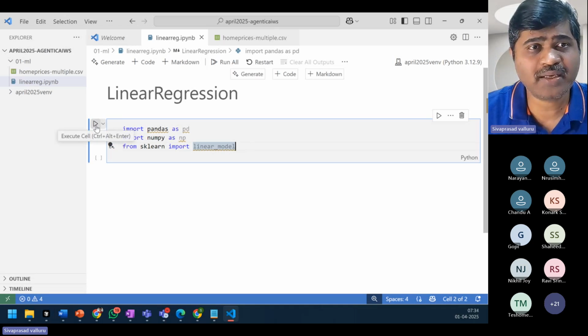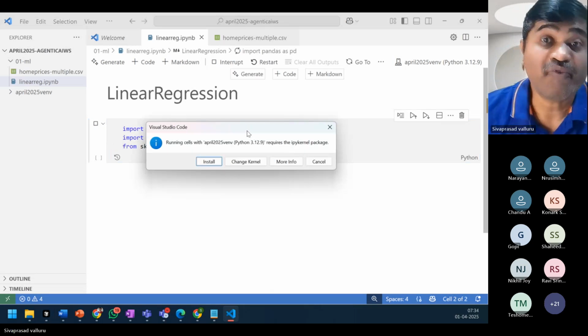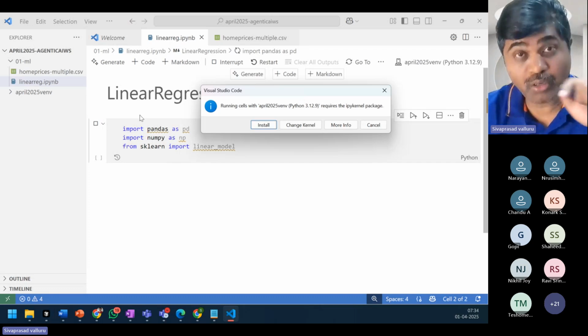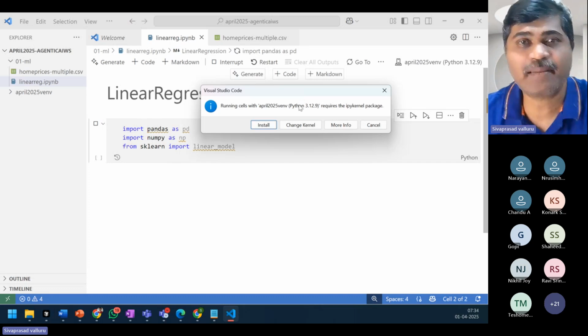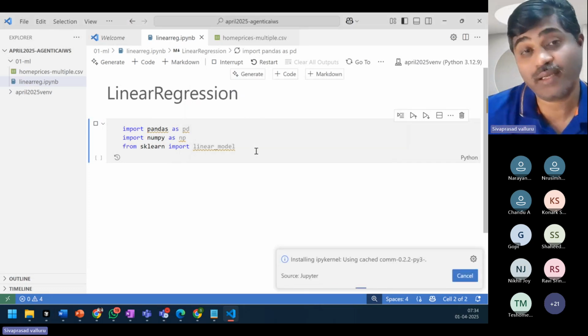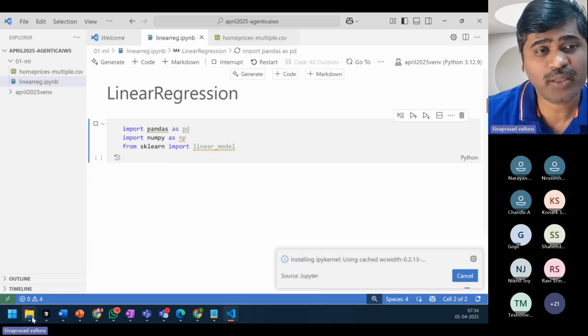So I have done all the imports. I can click on this or press Control Enter to execute it. For the first time, whenever I execute a cell by pressing Control Enter, it is asking me: this requires ipykernel package install. To execute these cells in the notebook, it is saying that I need this ipykernel. It is installing.